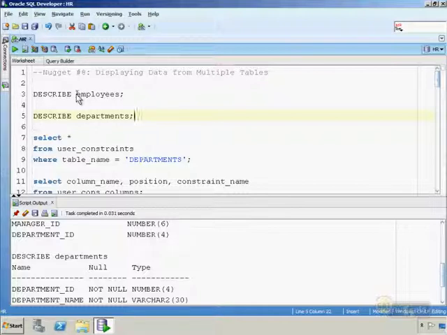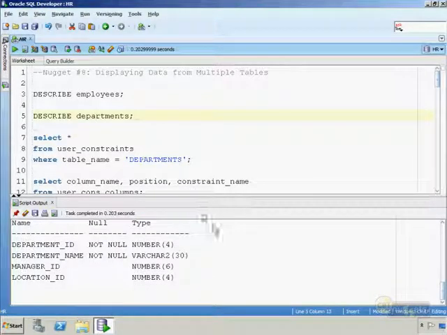We're going to start this consideration of joins by running describe against a couple key tables. We're going to look at employees and departments from the HR schema. First, let's run describe on departments and take a look at its setup. It's a fairly small table. You see that there are just 4 columns. Our department ID column, which I will just tell you is the primary key column for this particular table,